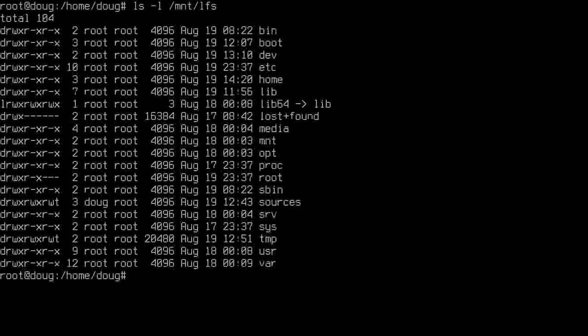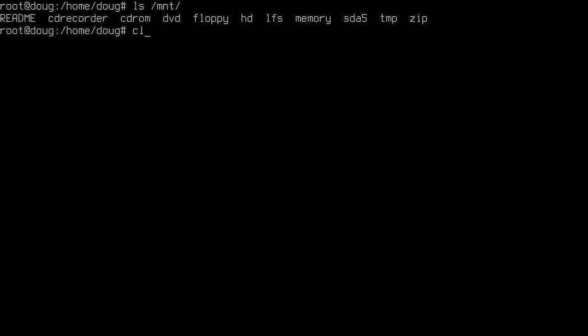I'm just trying to see if my mount points are right. LFS. No L, please. Okay. So I have a mount point LFS. But you have to say make directory LFS. Okay. I didn't get any output because my directory was already there. So that's done. Now let's say I want to mount my LFS partition,